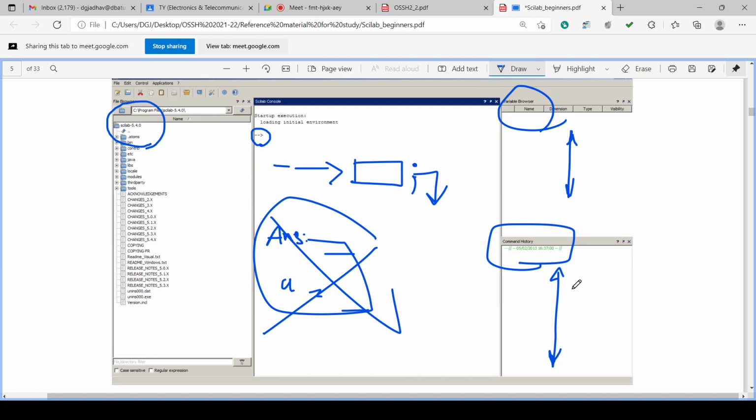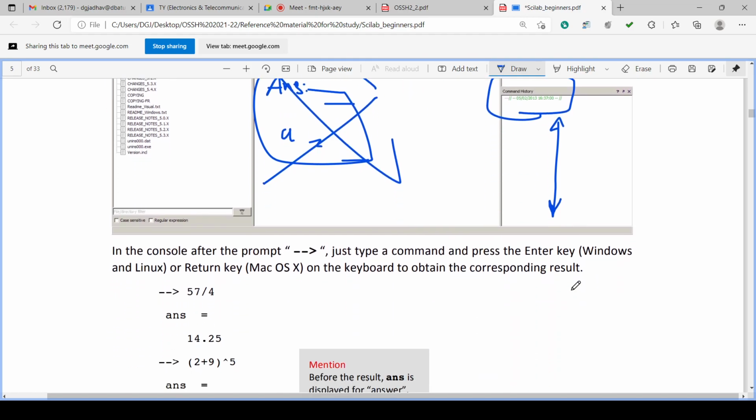If you want to execute any of these commands again, you can use the up down arrow, or if you want to edit other commands, you can use the left right arrows, isn't it? So this is a prompt. You have to give the command on the prompt and use the enter key or return key.